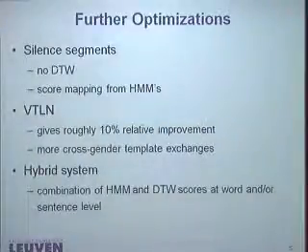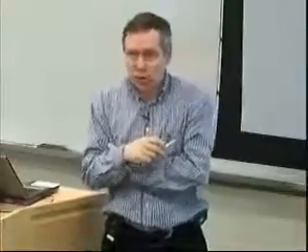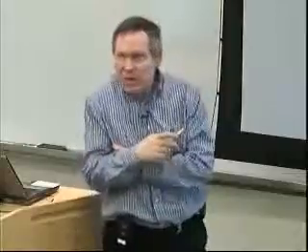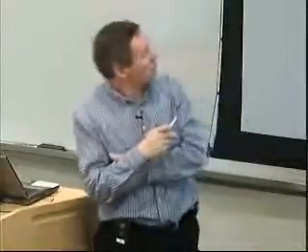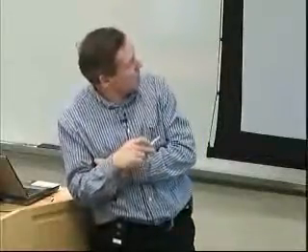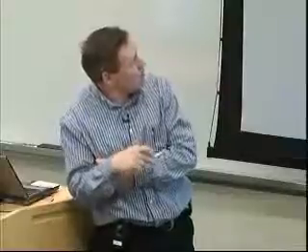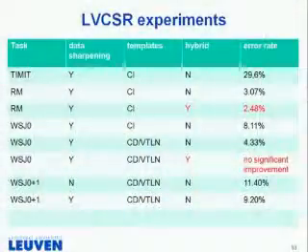Some other further optimizations we did is actually silence. We don't put it in the DTW system anymore. We just do a straight mapping from the HMM score. There's a very high correlation between the two, which makes sense, because of the similarity between the two systems. And this speeds up roughly the VTLN. It gave us roughly 10% improvement, and we sometimes use hybrid systems. So, to conclude, let's look at some more results with larger and larger databases.